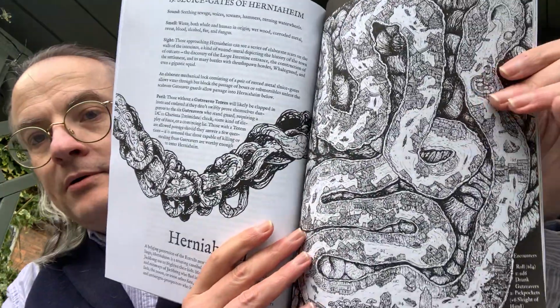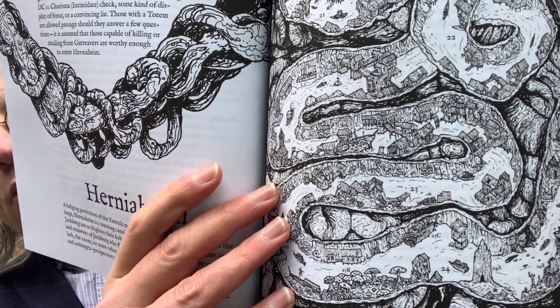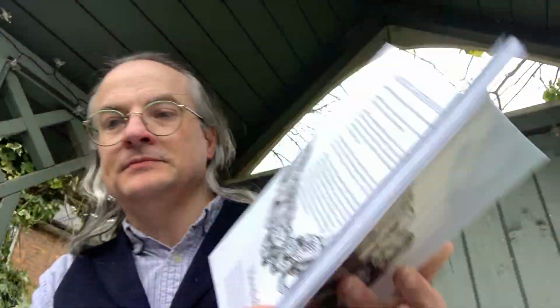And then we have Herniaheim, a bulging protrusion of the entrails near where the small intestine becomes the large. Herniaheim is a teeming cannibal fortress town, a place that parents in Jackburg used to frighten their kids. And here we have a full map. I'll just show that quite close because there's quite a lot of detail on there. And essentially it starts off into the entrails at point 1, goes all the way down to Sphincter Gate, lovely, and it exits to the lower intestine and into the large intestine,